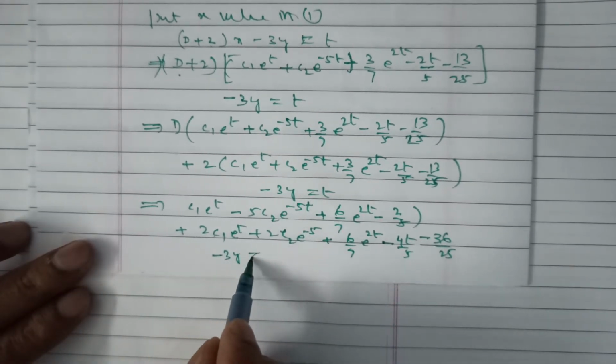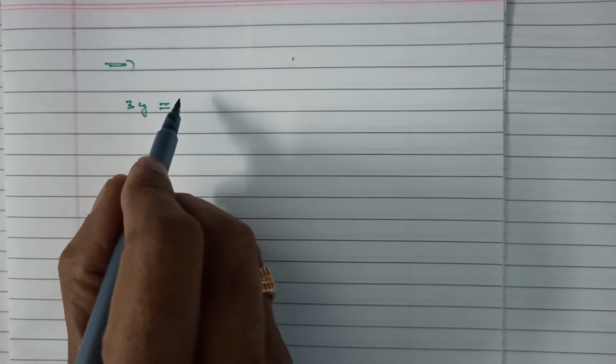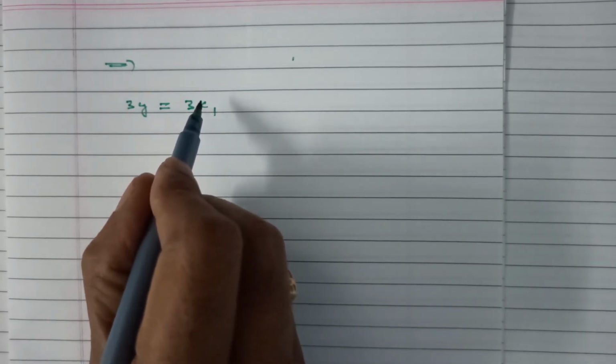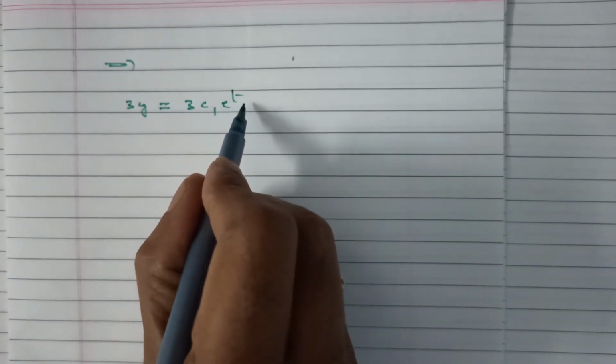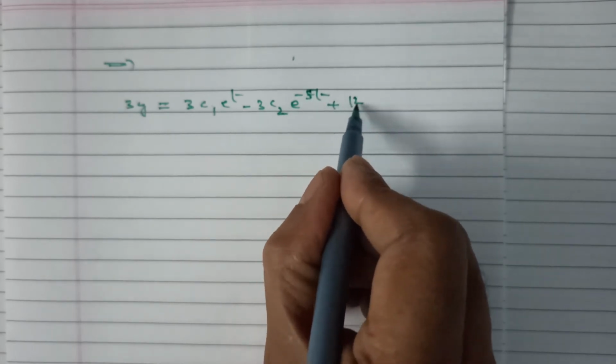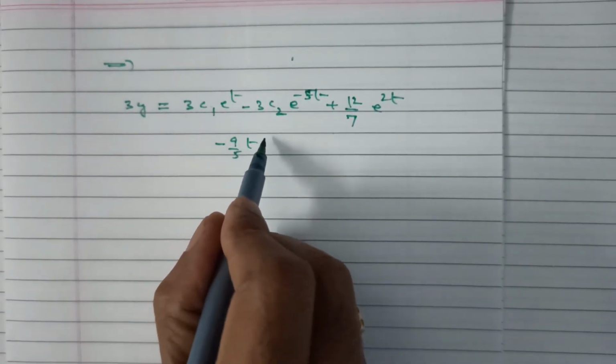Minus 3y is equal to t. Implies, the next step is simplification. 3y is equal to, the whole simplification is 3c1 e^t minus 3c2 e^(-5t) plus 12/7 e^(2t) minus 9t/5 minus 36/25 is equal to,